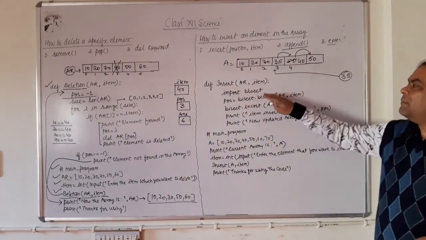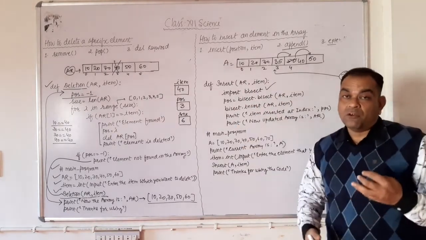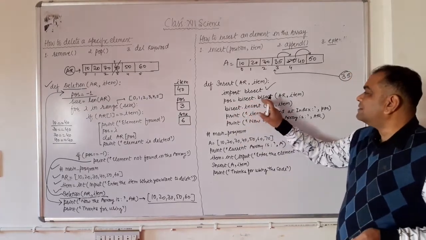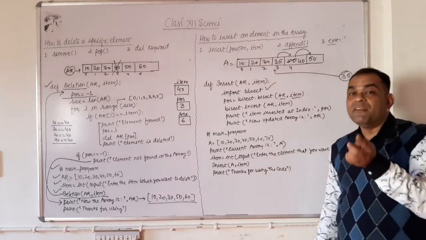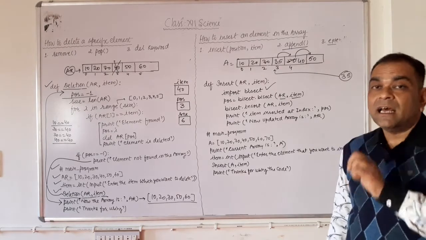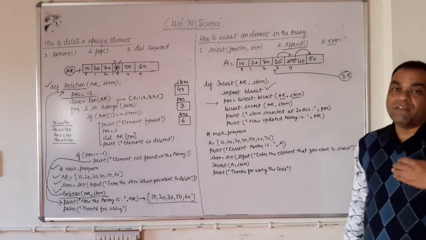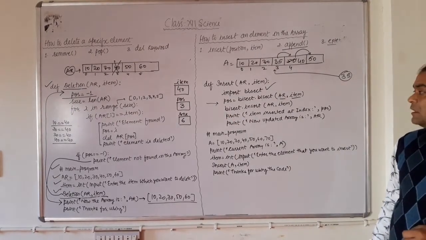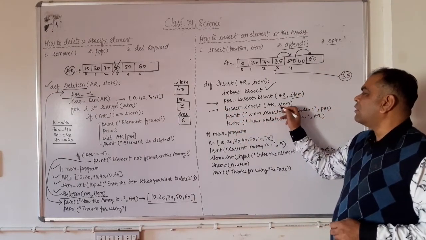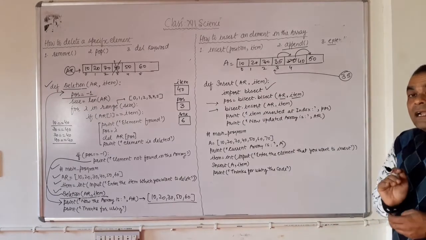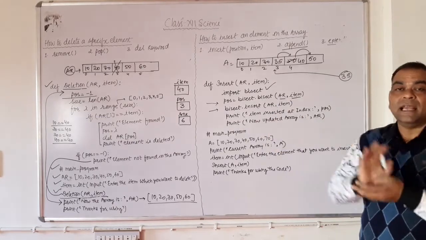So just see what the program is here. Def insert AR element, very first import bisect. Then position, if you want to get the position, equal to bisect dot bisect AR item. AR is our array and item is the specific element that we want to insert inside the array. Clear? So by this bisect function we will get the specific position where we want to insert this element. Now to insert the element we use bisect dot insert AR comma item. Right? The item is inserted at the proper position and the array stays sorted.